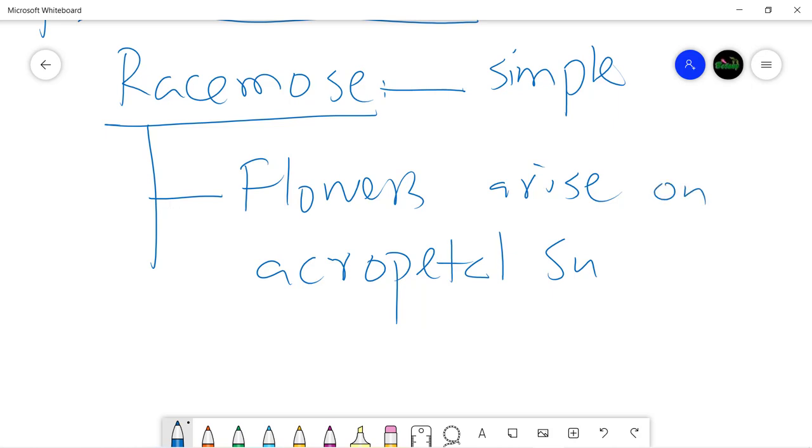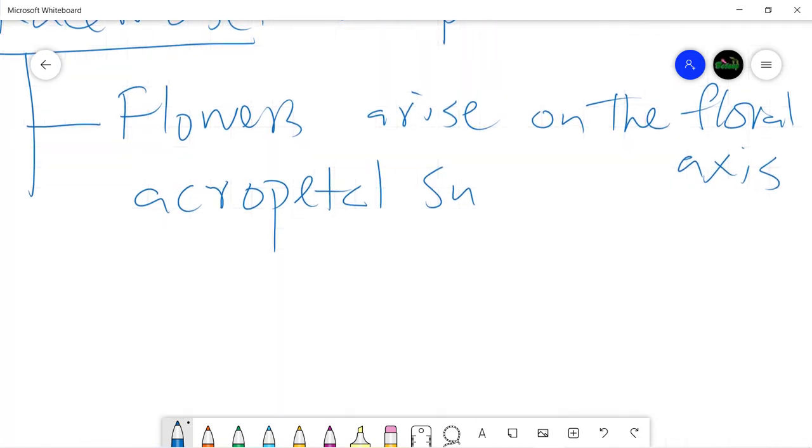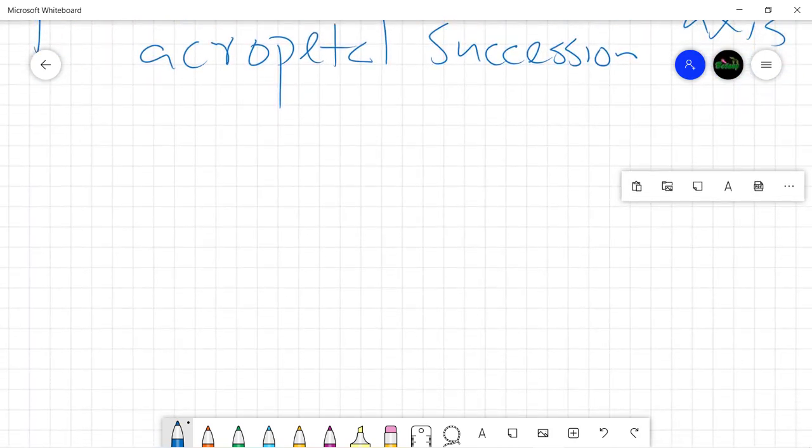Arise on the, let's complete the sentence, arise on the floral axis or the peduncle of the inflorescence, in acropetal succession. Now, what is acropetal succession? It is a basic terminology used in botany and in taxonomy, and that is